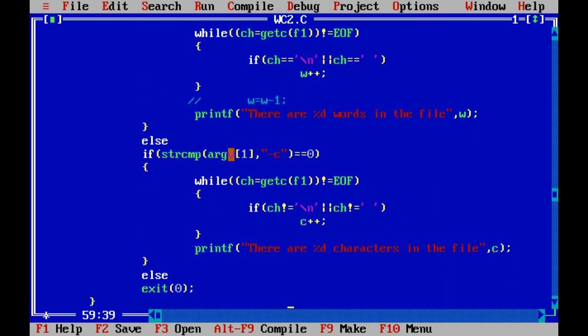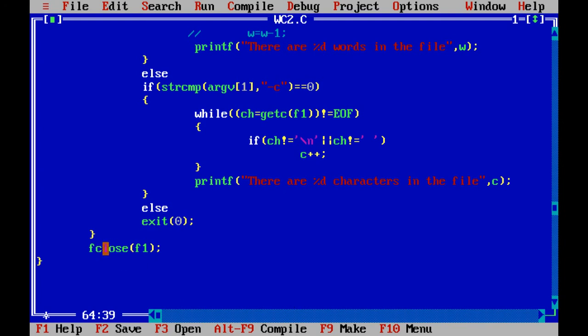Else, if position 1 is -c, we are going to get the characters until we reach end of file. We will check if ch is not equal to \n or ch is not equal to space, we will increment c, and we will print the number of characters. Else we are going to exit. We are going to close the file.